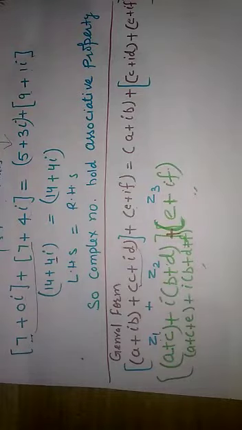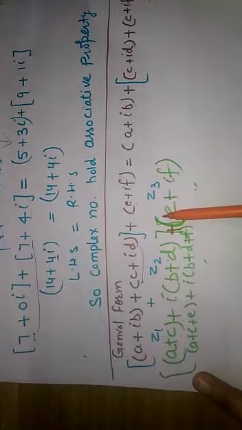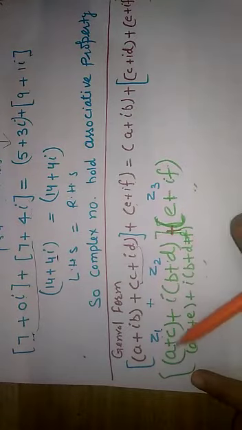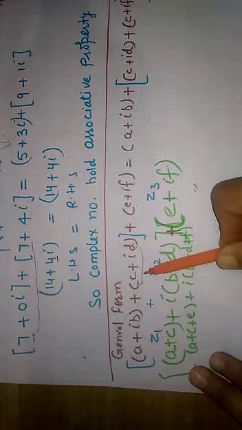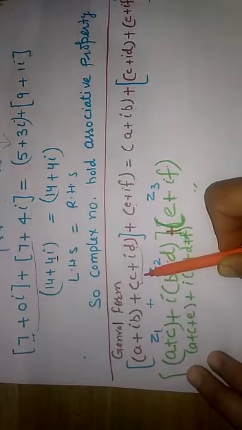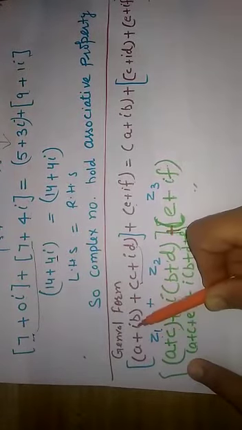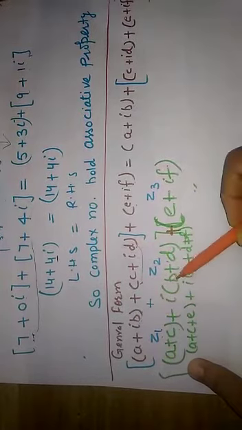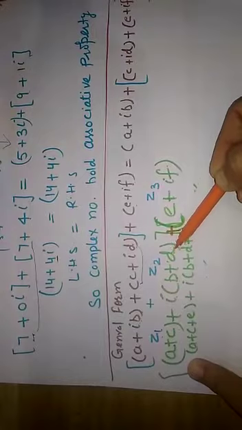So we were discussing the general form of the complex numbers. Here we were adding three complex numbers. I will solve the left hand side simply. On the left hand side, as I have told you, we will just add the real number with the real and the imaginary number with the imaginary number. So a plus c, I will get a plus c. Further, the imaginary numbers while adding will give me b plus d. I'm taking iota as common because b and d both contain the iota.